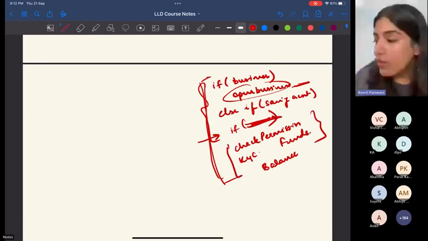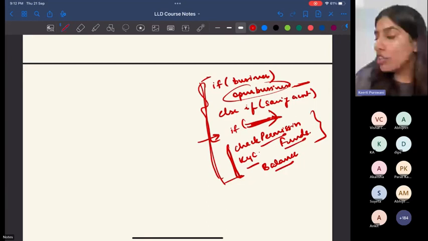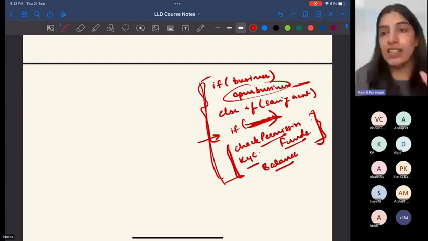And whatever other things are happening in your class, like permission, KYC, funds, balance, whatever is happening, all of that will also be impacted. Does it make sense? Does it make sense? The problem that I'm talking about,